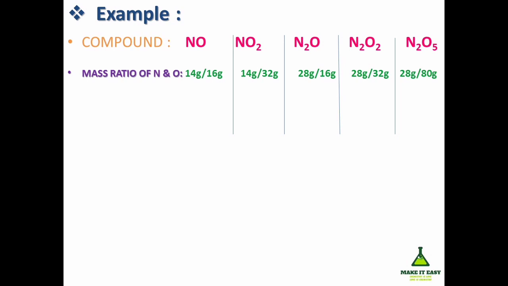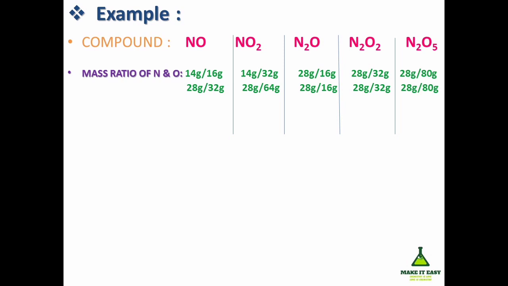So here we will have to prove it in the light of the law of multiple proportion. So we will have to fix the mass of nitrogen over here. That is, in the first two cases it is 14 gram, so multiply both sides by 2. That will be 28 gram combining with 32 gram, and in the next case 28 gram will combine with 64 gram, and the rest will be the same. So now we can see that for the given mass of 28 gram of nitrogen, 32 gram, 64 gram, 16 gram, 32 gram and 80 gram of oxygen is combined in all 5 cases.